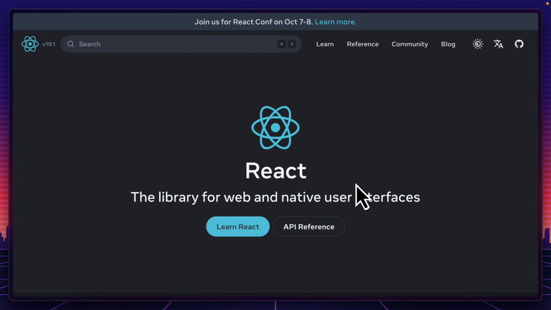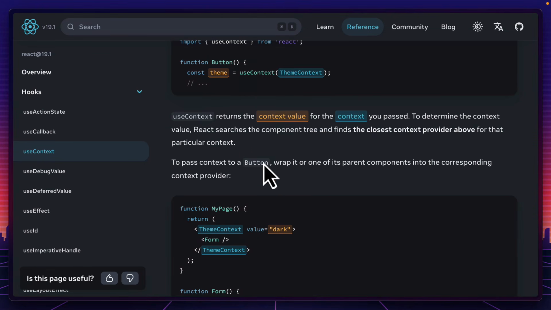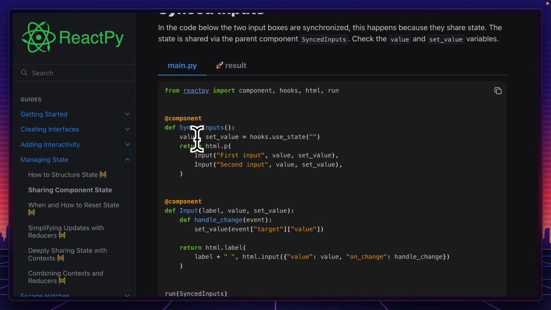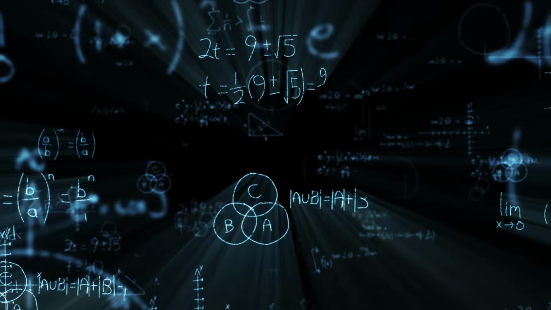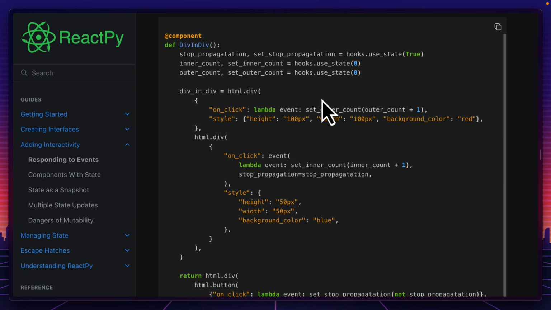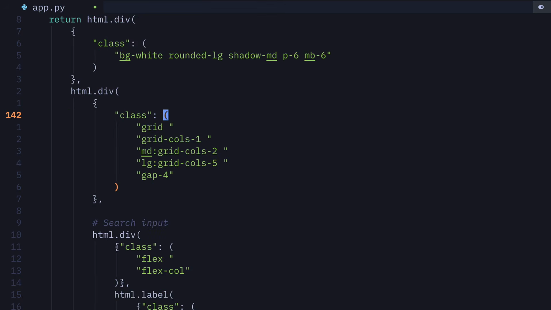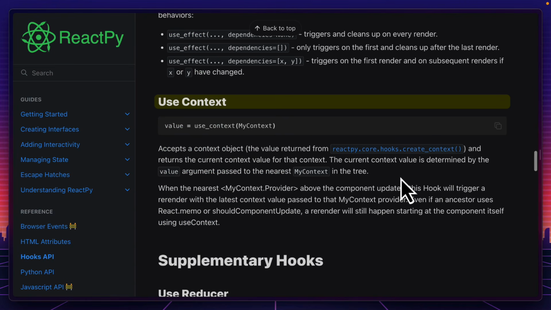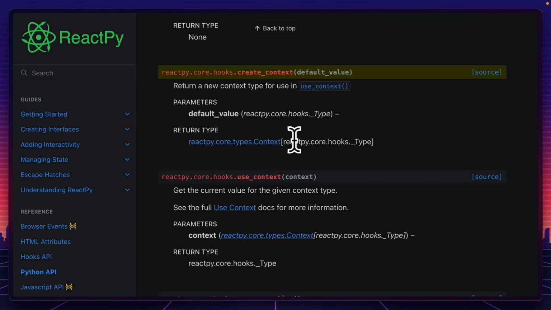With ReactJS, you can use the context API to share states between different components. But with ReactPy, all you can really do is pass values down as arguments into other components, which isn't ideal when things get complicated. And speaking of complicated, the non-JSX way of writing things can get verbose if you have complex components. Yes, I am aware that ReactPy has a useContext and a createContext hook, but it's not as fully